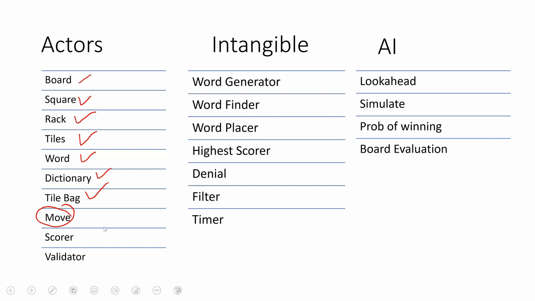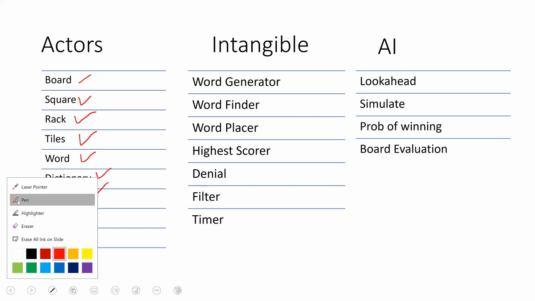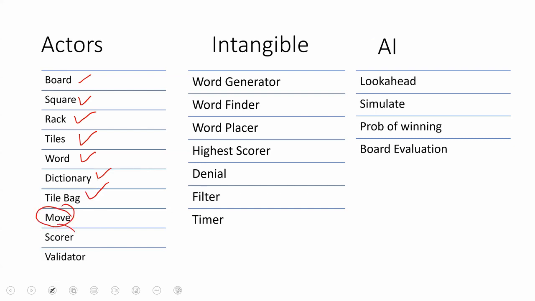So this is also a piece. My apologies, there you go, pen. So scorer is a piece, and then validator is something like a word checker. और इसका प्राइमरी ऑब्जेक्टिव ये कि आपने वर्ड जनरेशन से बहुत सारे वर्ड्स जनरेट तो कर लिए, लेकिन अब आपके पास अगला सवाल ये है कि क्या ये वैलिड वर्ड है. So the combination of letters that you generated, is this a valid word?